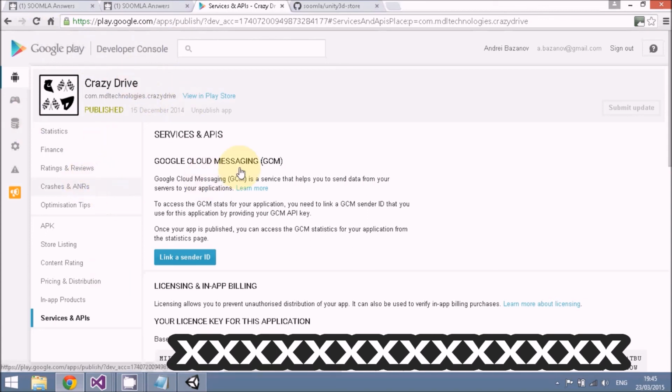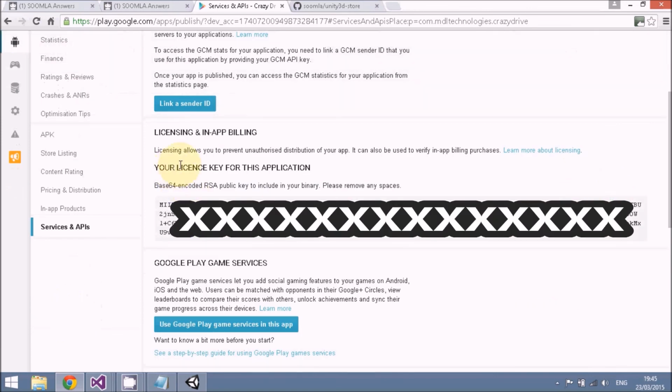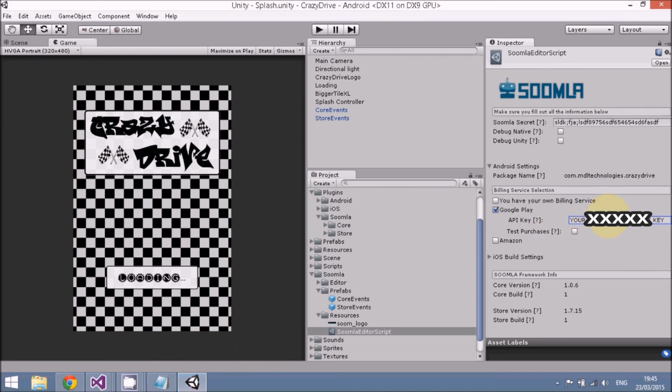But once you have created your game, your app, if you go to Services and APIs, you will see your license key for this application. So what you need to do is copy this whole thing and paste it in here like that. So now you've got your Google Play API key in there,